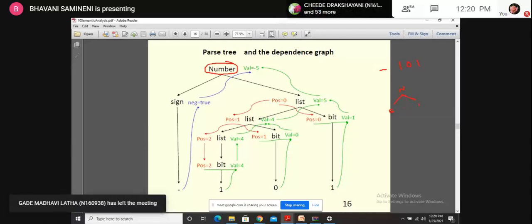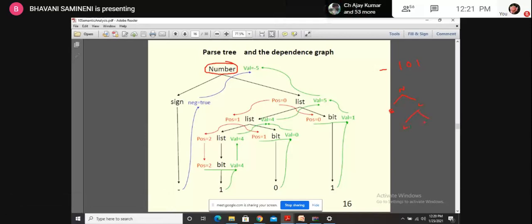Sign list. Again for the list, it can be LB. Again for this L, it can be LB. Again for this L, it can be B. Now this bit value is 1, this is 0, and this is 1. This sign is negative. And now the semantic rules we defined in the previous slide, we have to apply on this parse tree.